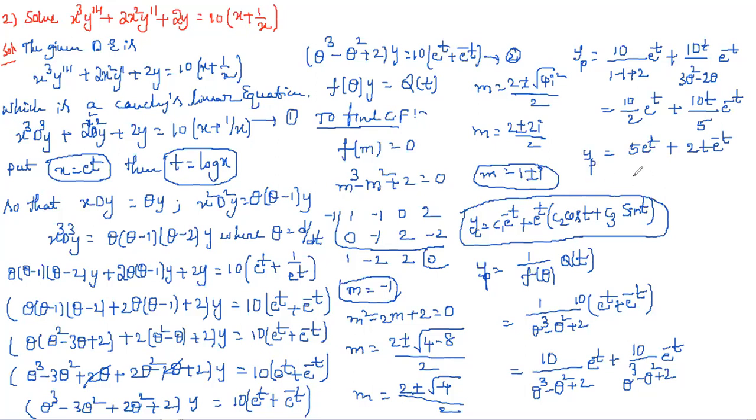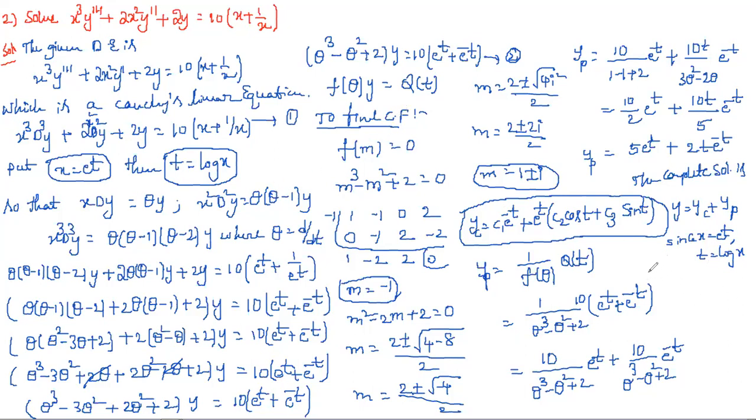Therefore, the complete or general solution is y equal to yc plus yp. But here we need to substitute, since x is equal to e power t and t is equal to log x. We should not forget about that. If you forget, you lose 1 or 2 marks depending on the marks. Why? Because only then is it the solution for the Cauchy's equation. If you write only yp like that, that is the solution for the second equation.